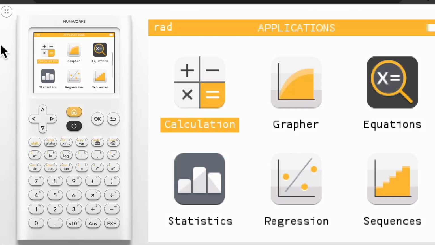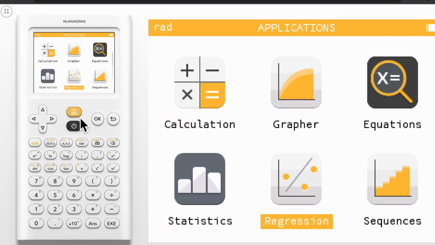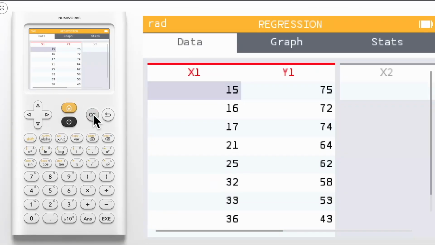Today, we are going to learn how to use information from the regression application in other applications on the NumWorks calculator. To begin, let's take a look at some work that is already inputted into the calculator. In the regression application, we have a list stored in X1 and Y1 in the Data tab, and in the